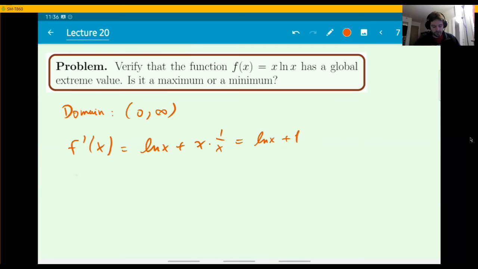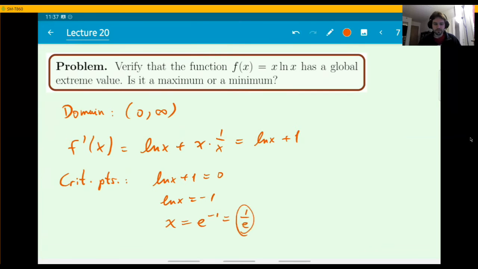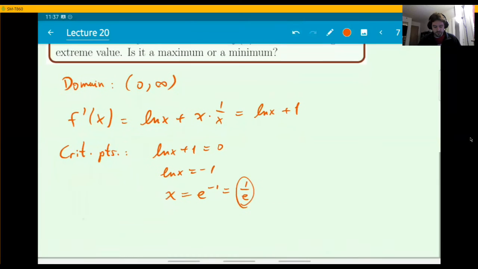So critical points. F prime always exists. This expression is well defined in the inside of the domain, so that's not an issue, but it might be equal to 0. And there's exactly one location where this is 0: x is e to the minus 1, or 1 over e. Only one critical point. And well, so 1 over e is the only